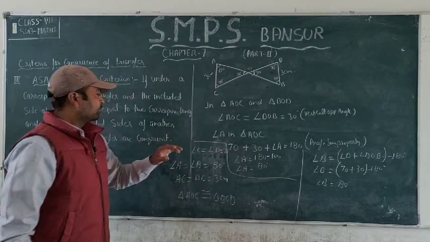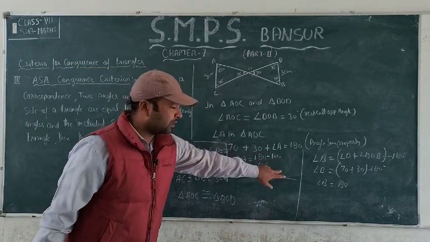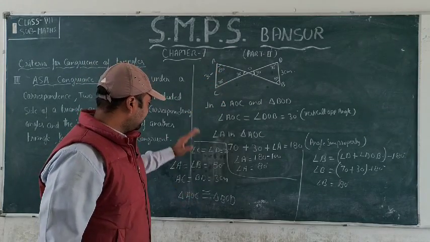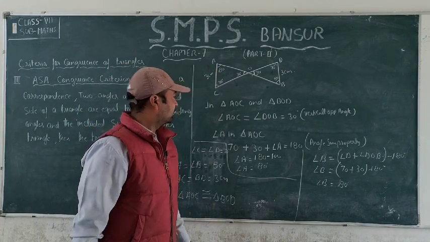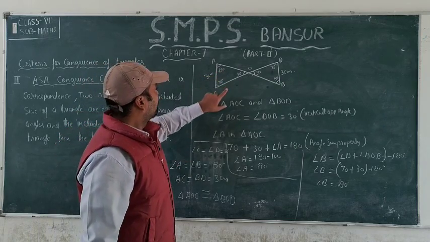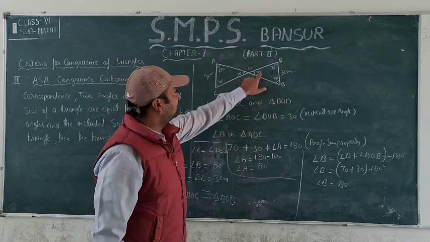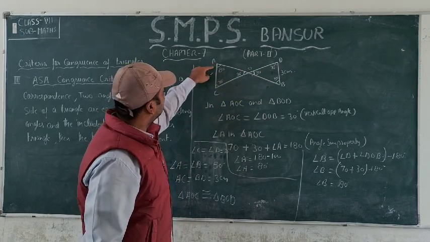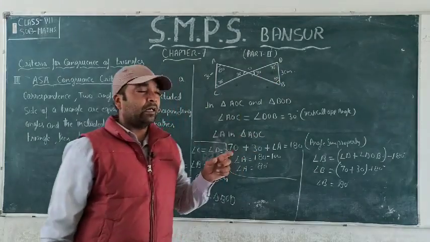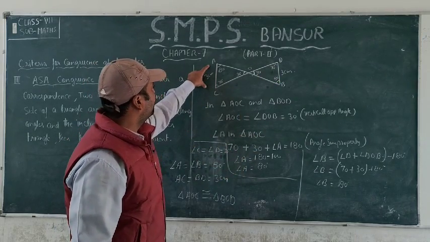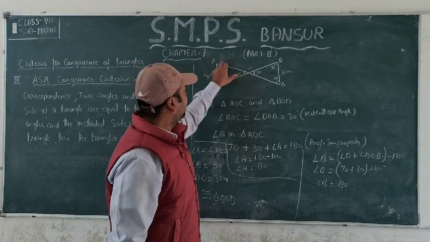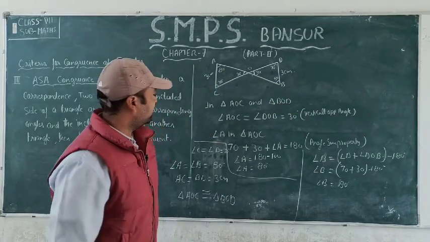We have proved that with the help of angle sum property. We found the angles which are not given, and then we proved that these two triangles are congruent. Two angles and one included side, because these two angles are given and we find this out very easily, but we have to prove that angle A and angle C and here angle B and D are included angles, because we are given only the side AC and BD. That's why we have to find angle A and angle B. I hope you understand this.